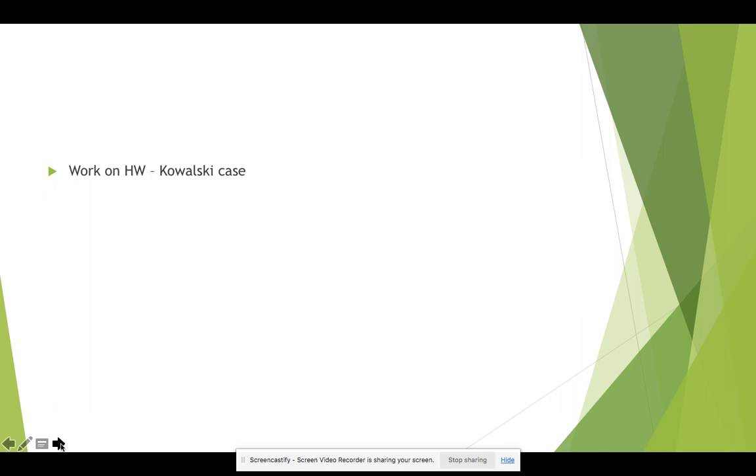Okay, so now stop this video, work on the homework, which is that Kowalski case, which is also attached. If you look in the assignment section, I've attached that case. I think it's assignment 10.4 in the book. It's on page 259. Also, there's a fun video that I'm going to post in the regular section, not in supplemental videos, to get us ready for EPCRA. Okay. Talk to you soon.